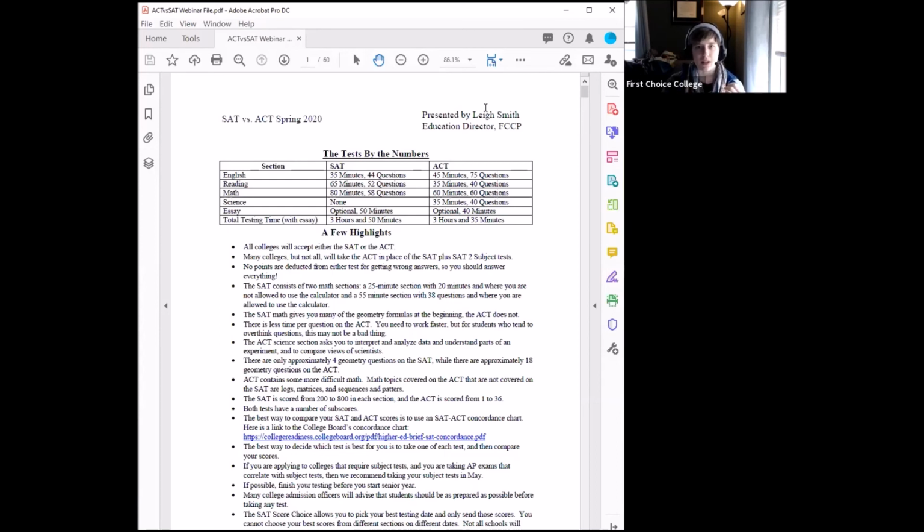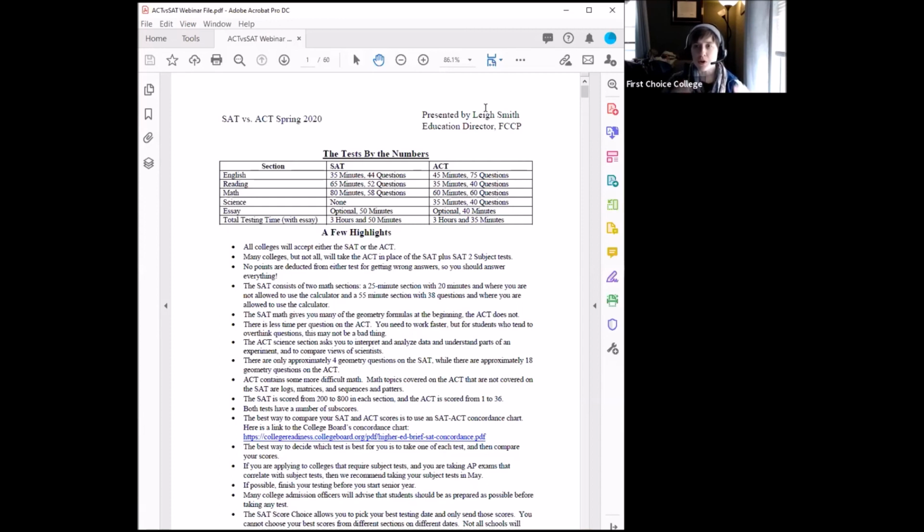One of those big questions, right off the bat, everyone wants to know is, do all the schools accept both of them, which as of now is true. All colleges will accept both the ACT and the SAT, so that shouldn't be a concern for students. If you had older students or older family members who wanted to go to different schools that accepted different tests, a couple of years ago, the last holdout, I think, was Harvey Mudd, and they now accept both tests. So there isn't a reason you have to take one test based on where you want to apply, which is really good news for all students because that gives a lot more flexibility.